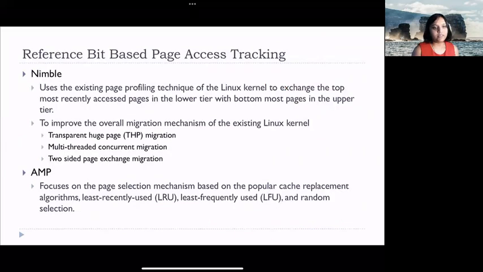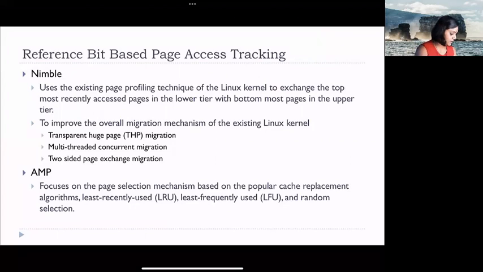Next, let's see the reference bit-based page access tracking mechanisms. Here we have a few other popular mechanisms such as Nimble and AMP research work. These research works improvise from the previous ones, right? In a way that